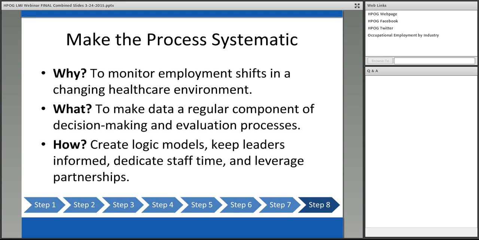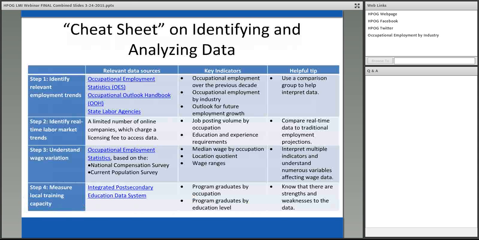And this can be done through creating logic models that really emphasize building consensus around these program goals based on data, and being able to continuously look at this information and make decisions upon it, and being willing to change decisions over time if new information can justify it. So that wraps up the 8 steps.